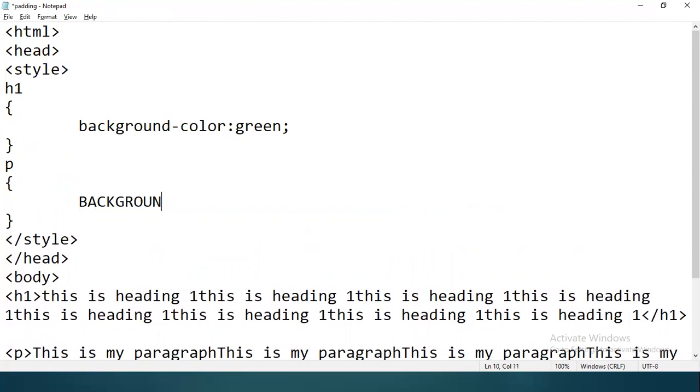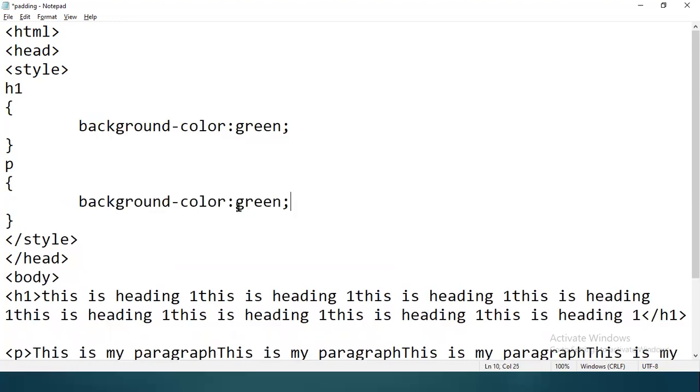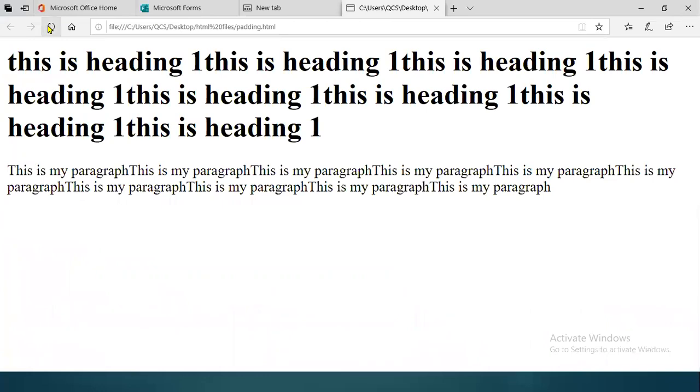Fine. So this way you can define things.